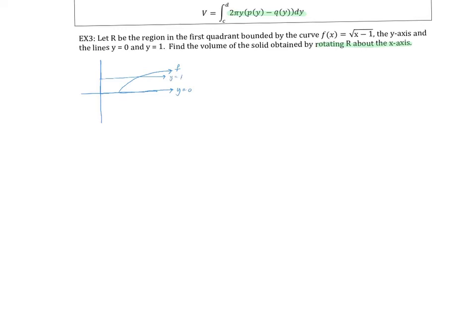All right, so now I can get a nice picture of this region that will be rotated about the x-axis. So we're going to create this volume